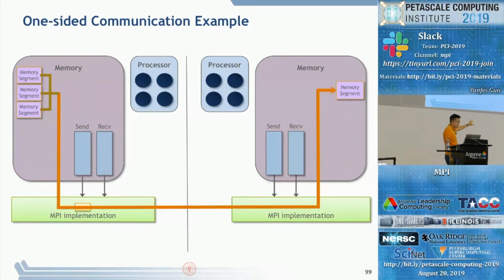And the target side is the process that's hosting the target memory, the memory that you are writing to or read from. Okay, so